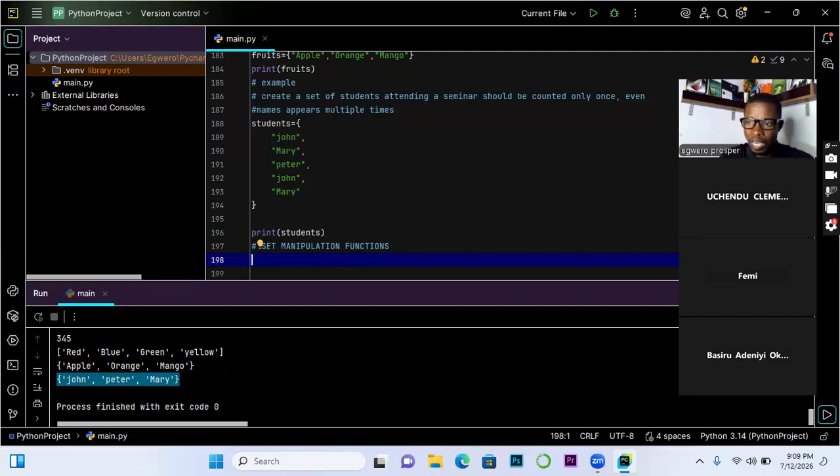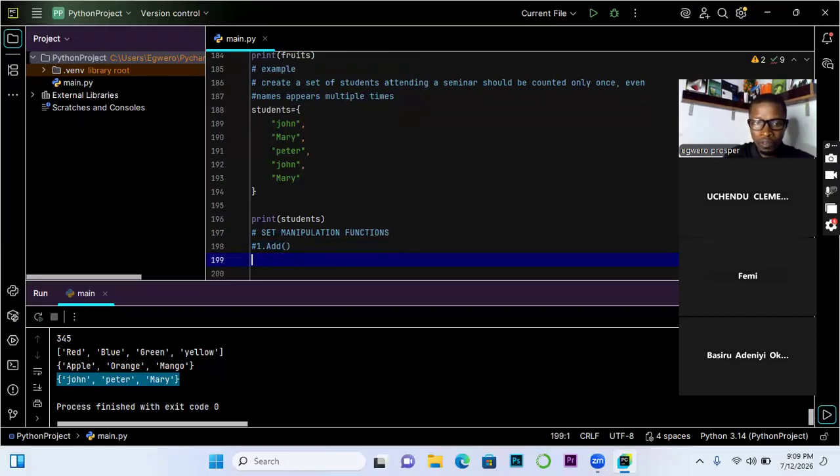So for example, we have add. Let me start with that one. We have number one, we have the add function, all right? So now let's assume the task is, I think the first example I used is fruits. Good.